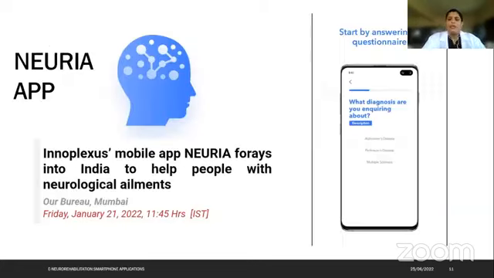Now, this is one aspect where you have a tremendous amount of improvement in smartphone applications: cognitive training. As I told you, in the information based apps, you have the Nuria app. Recently, this app has been given permission to launch in India. Innopolixis have launched the Nuria app in India. Now, this app is basically an information based app. The patient enters his diagnosis and data, starting by answering a questionnaire about which disease he is suffering from and the level of disease.